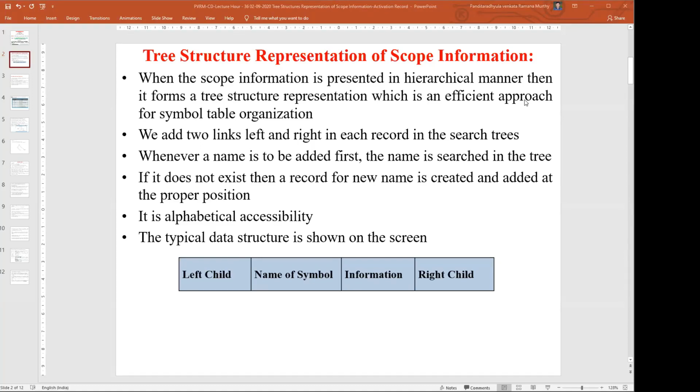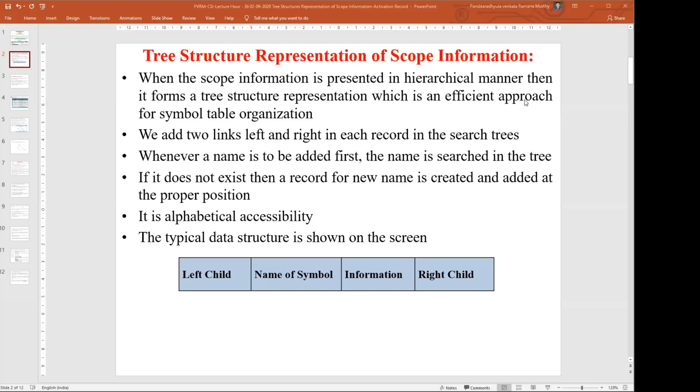We have learned many representations of trees: normal trees, binary search trees, AVL trees, red-black trees, and various other trees. Each tree has its own advantages and maybe limitations in terms of access time or efficiency. Accordingly we create the new records, which are simply variables, at the proper position.